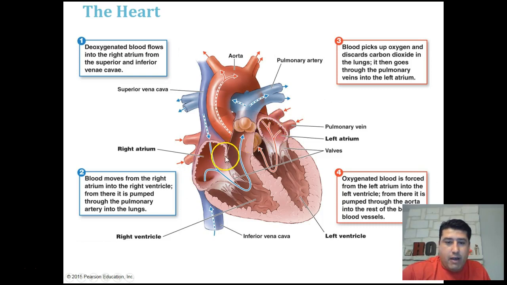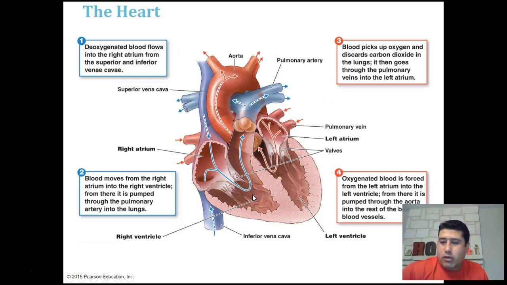But just know for now that the two atria contract at the same time. So you have that first pump. In the right atrium, the blood is then pumped into the right ventricle. And the same thing happens in the left atrium, but I'll explain that blood in a second. So the first contractions were the two atria contracting, and blood from the right atrium is pumped into the right ventricle.